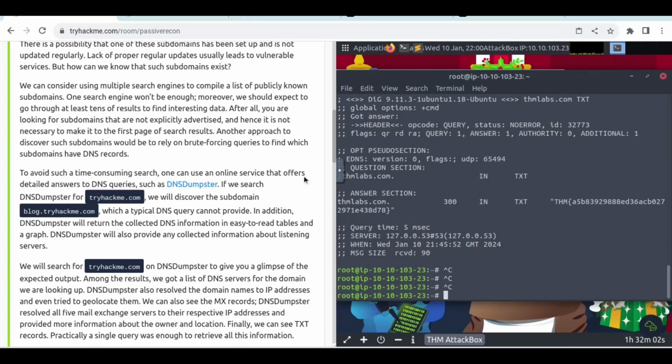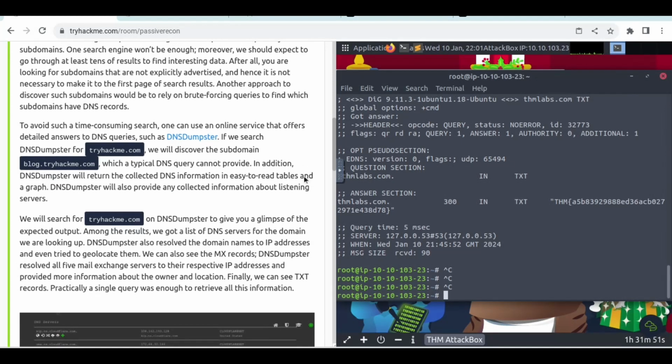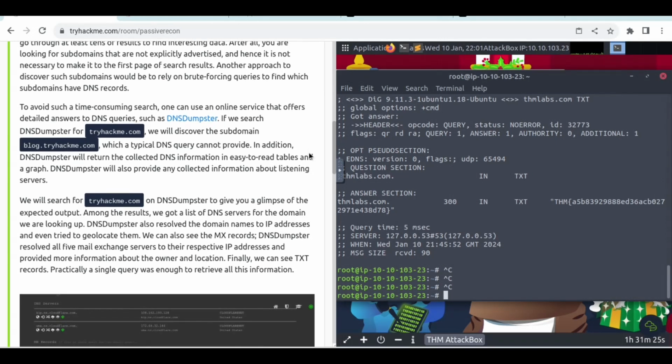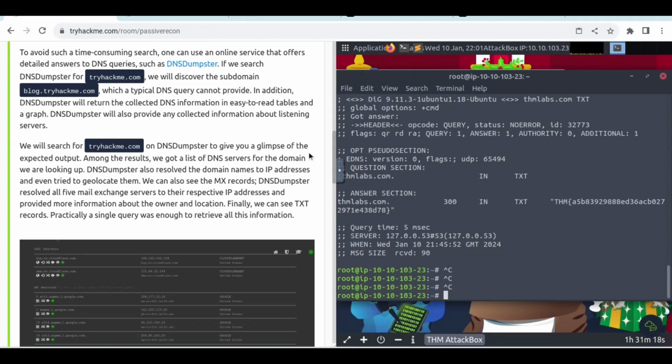But how can we know that such subdomains exist? We can consider using multiple search engines to compile a list of publicly known subdomains. One search engine won't be enough. Moreover, we should expect to go through at least tens of results to find interesting data. After all, you are looking for subdomains that are not explicitly advertised, and hence it is not necessary for them to make it to the first page of search results. Another approach to discover such subdomains would be to rely on brute-forcing queries to find which subdomains have DNS records. To avoid such a time-consuming search, one can use an online service that offers detailed answers to DNS queries,